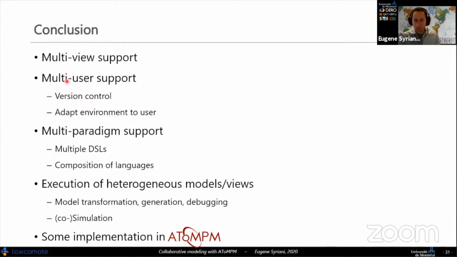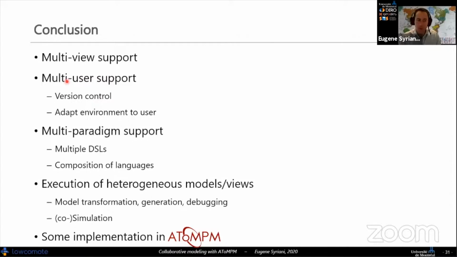So supporting multiple users kind of requires you to have a version control system there. And frankly, today, there's no software built without version control systems. So we need to think about version control systems that are adaptable to views, right? Not necessarily using Git or SVN just as is for the repository of your models, but port it to the end user, right? So that he understands in a domain-specific way, in a semantic way, what is a difference, what is a merge, etc.